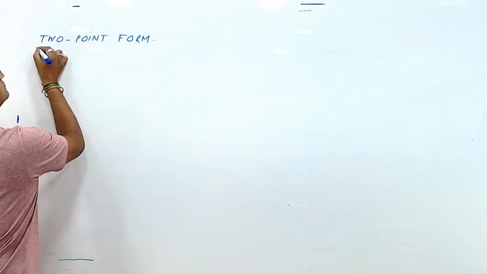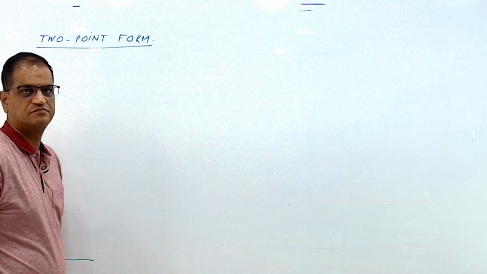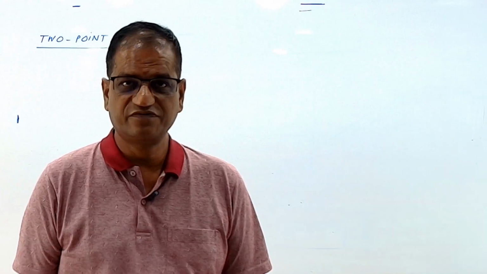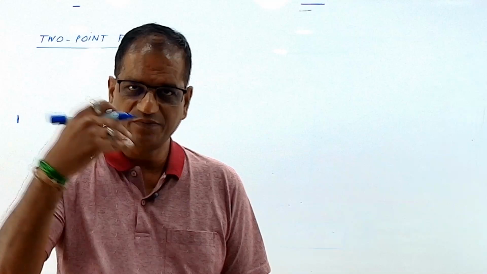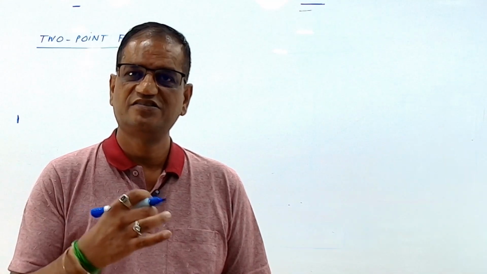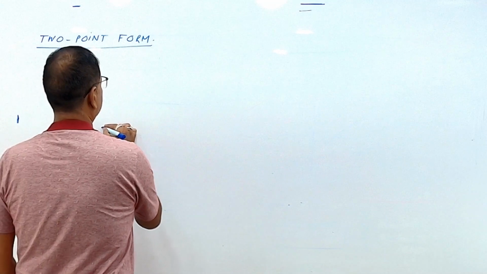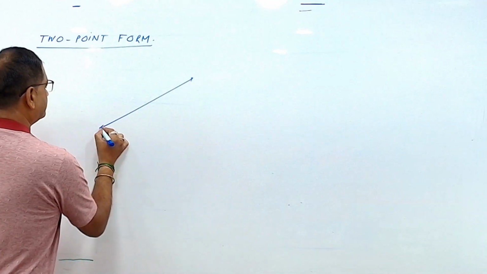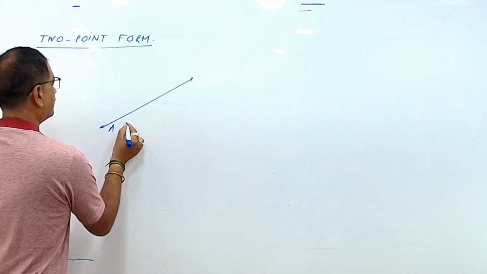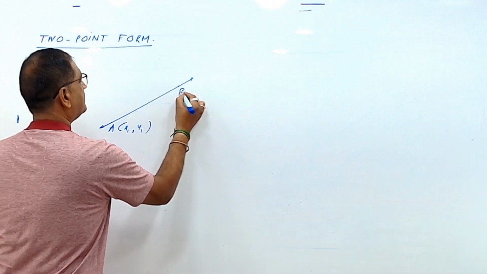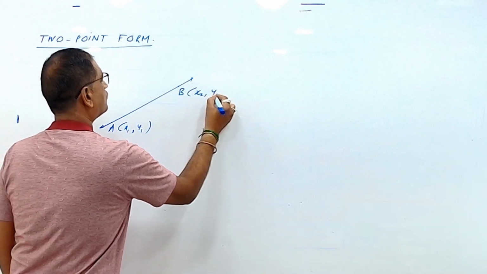Two-point form. Let us consider, instead of giving the slope and a point on the line, straight away 2 points are given to us, which are on the line. Say for example, A is having coordinates x1 comma y1, B is having coordinates x2 comma y2,